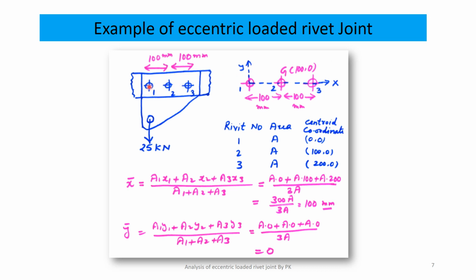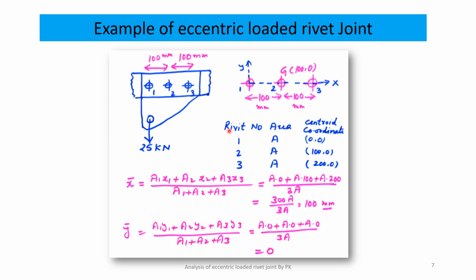So we have to pass a line from the bottommost rivet system. Because all the rivets are at the same position, we pass a line from the center of each rivet, which we normally represent as the x-axis. We choose the left extreme rivet and pass the y-axis from here, so the intersection of these two lines will be the origin. So this is the origin, this is the second rivet, and this is the third rivet basically.